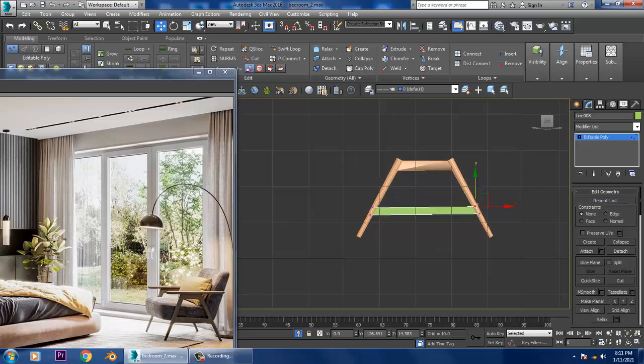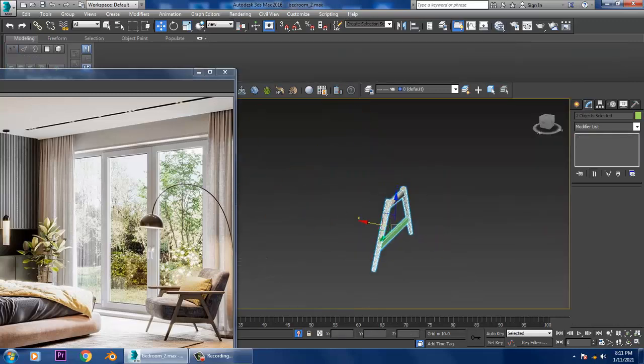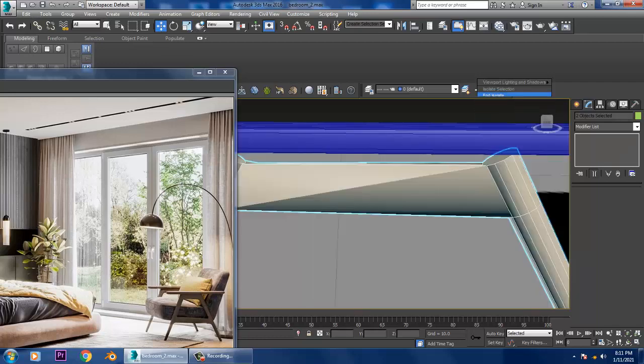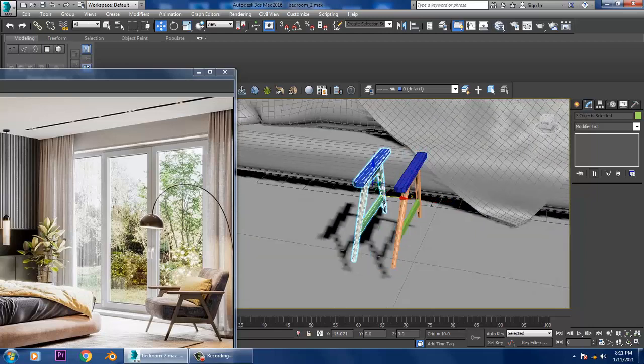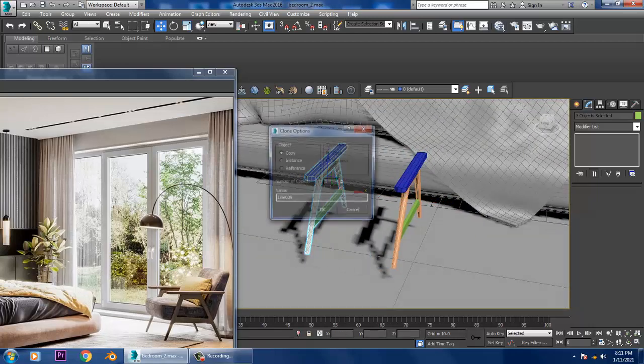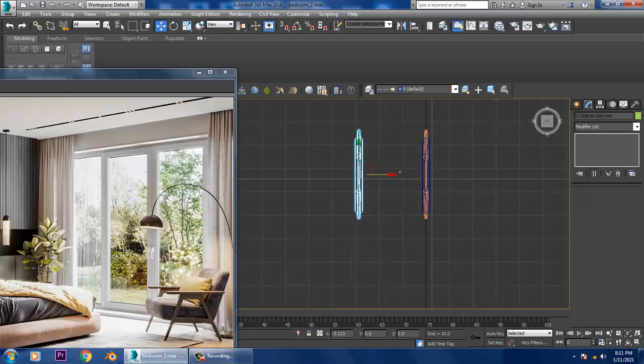Alright. Now we can select this over here. I'll just end isolate this. I can select this and I'll make a duplicate of it like this. So you can easily make a duplicate over here.